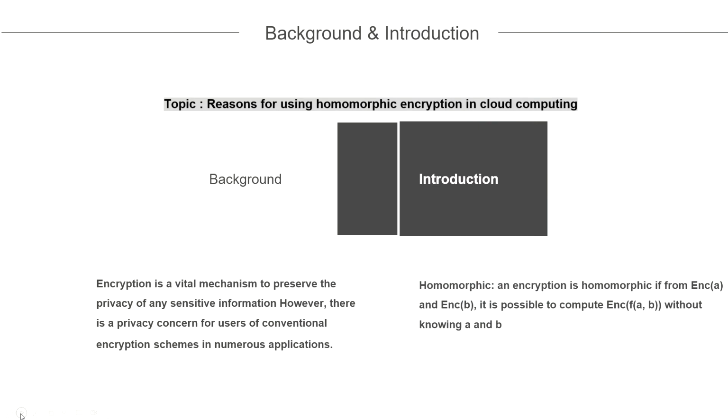The topic we chose is homomorphic encryption in the literature track, and we intend to study its use in cloud computing. An encryption is homomorphic if the encrypted result of computation on two plaintexts can be directly calculated by applying the same computation on their corresponding ciphertexts. The computation here can be addition, multiplication, or exclusive OR.